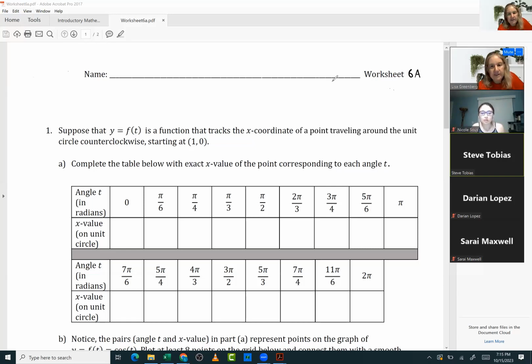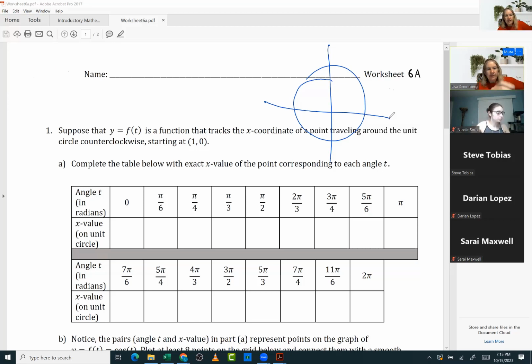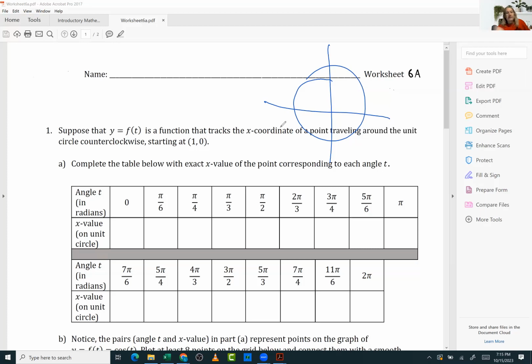Basically, what this says is we have a unit circle. Suppose that y equals f of t is a function that tracks the x coordinate. As we go around this circle, isn't this point right here, 1, 0? It says it's tracking the x coordinate of a point. So this is right now at 1, 0 around the unit circle